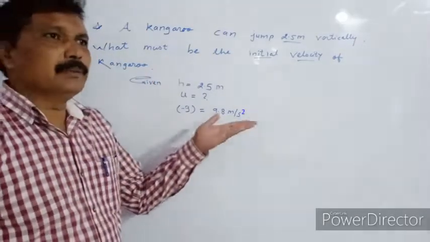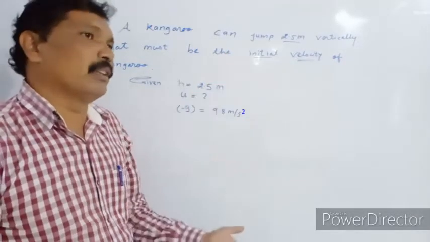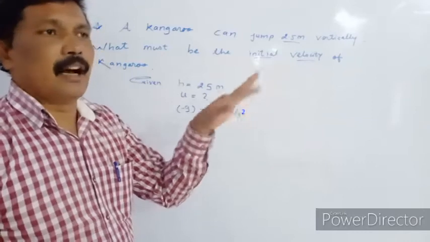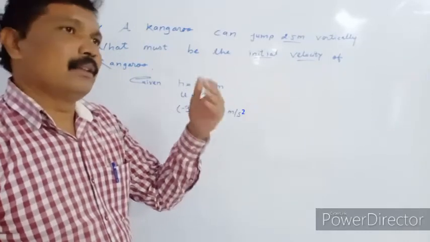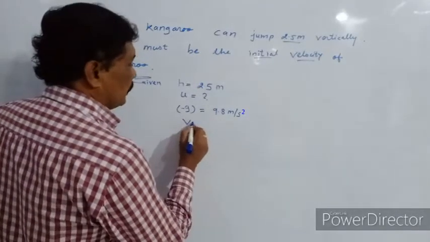When the kangaroo jumps, after some time we know that when a body is raised up in height, at a particular height the body stops and the final velocity will be what? V is equal to